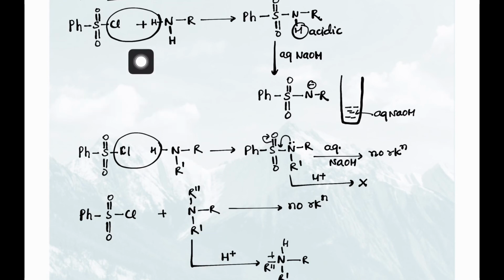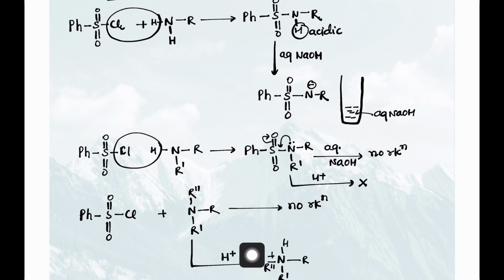So again, in 1 degree amine, first it will undergo nucleophilic substitution reaction with the removal of HCl, and then this has acidic hydrogen which will be soluble in aqueous NaOH because of this acid base reaction. In 2 degree amine, again HCl will be lost and this will be the product which does not have acidic hydrogen. So it will not react with aqueous NaOH. So there will be 2 liquids separated by a layer because it will be insoluble in aqueous NaOH. 3 degree, the reaction itself will not take place because there is no hydrogen, no removal of HCl, so no reaction. Now how to distinguish between 2 degree and 3 degree?